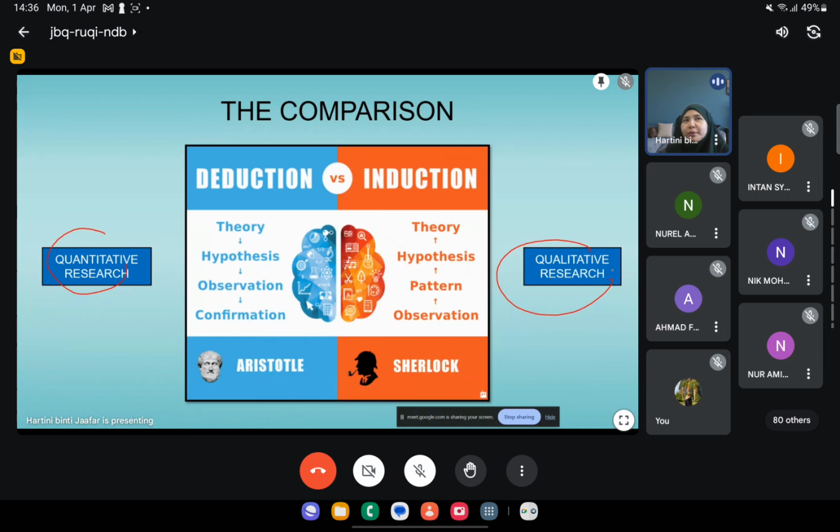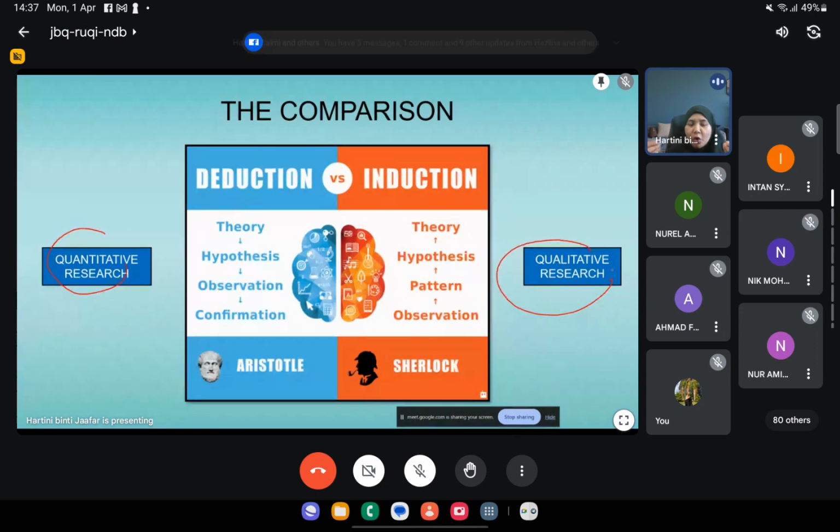So qualitative ni contoh macam orang pergi interview. You want to conduct a research on why managers behave a certain way when performing audit opinion, contohnya lah kan. So you interview accountant A, and then you interview accountant B, accountant C, accountant D. So basically sebenarnya banyak accountant you kena interview, bukan 4 saja kan, berpuluh-puluh, maybe even